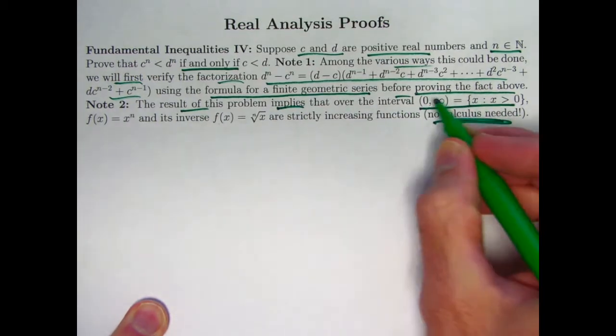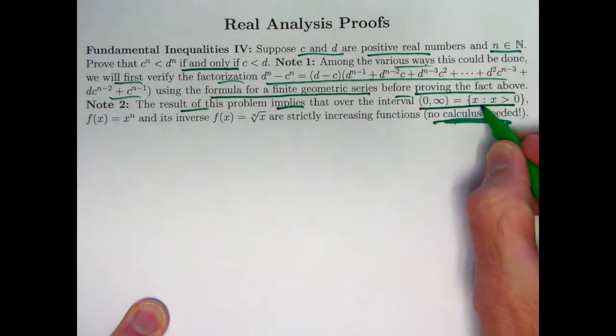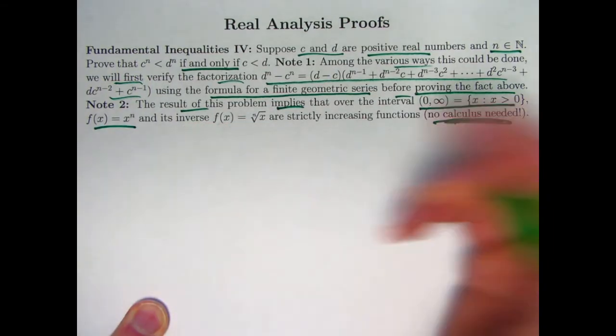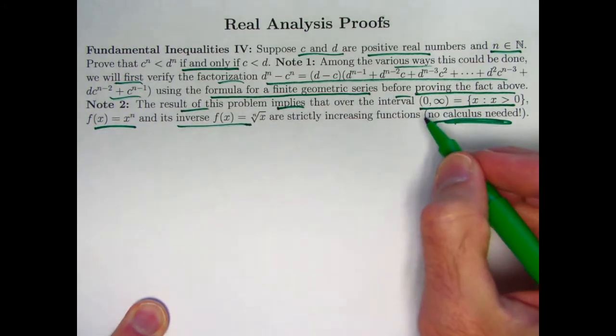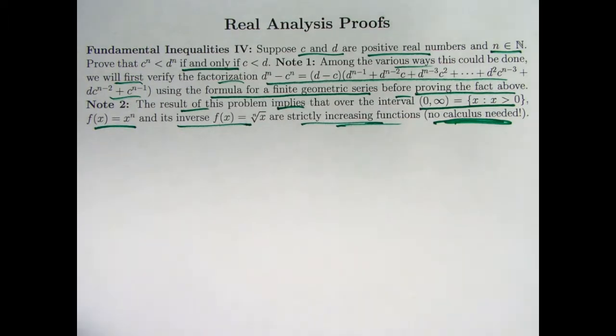Second note is that the result of this problem implies that at least over the interval of all positive real numbers, the open interval from 0 to infinity, also thought of as the set of all real numbers x that are positive, this function x to the n, which is a power function with positive integer exponent, and its inverse, the nth root of x, are strictly increasing functions over that set, and they are inverses over that set. All right,